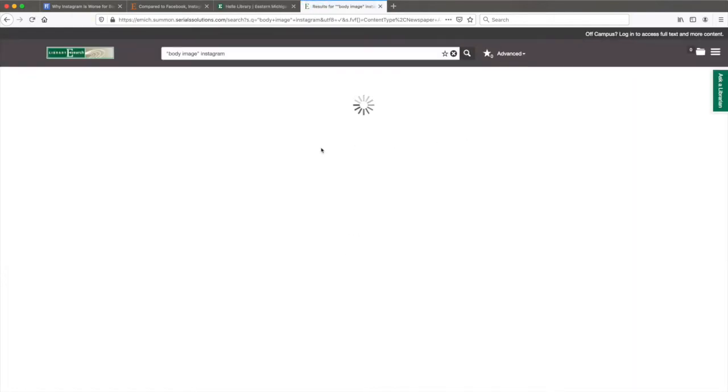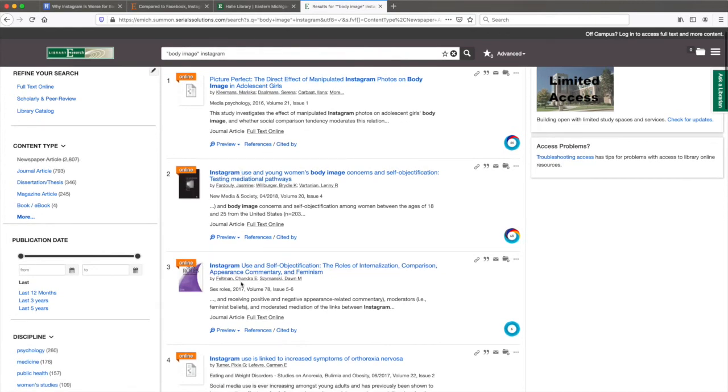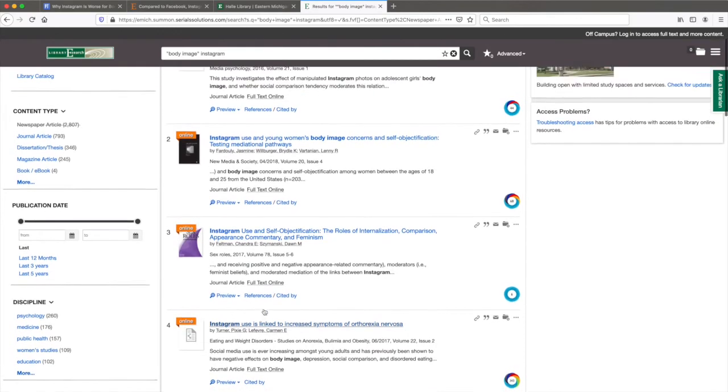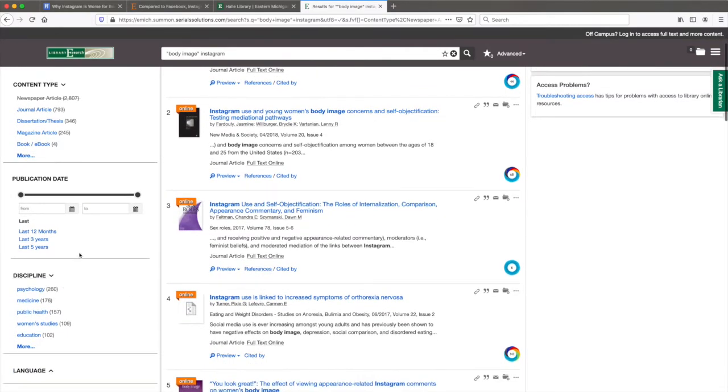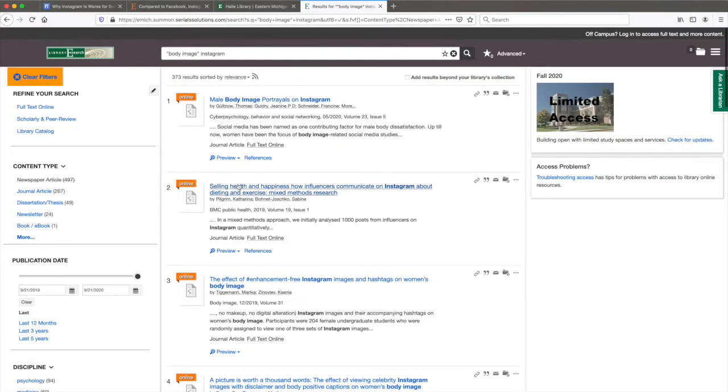And what it returns is a whole variety of different things. Articles, these are all from different journals and things like that, and they're all online. And you can also make this the last 12 months, for example, and so forth.